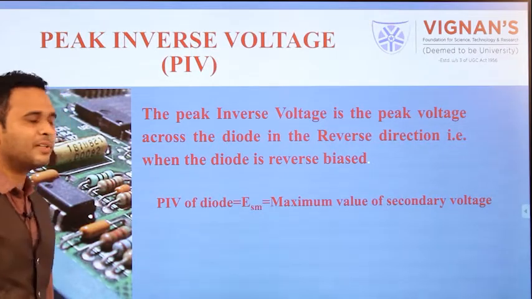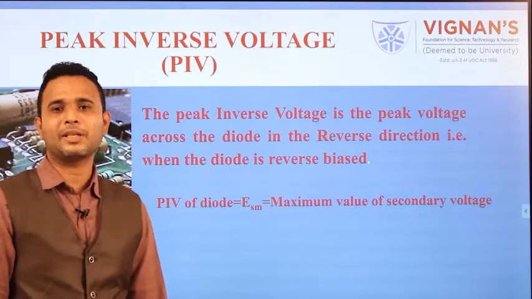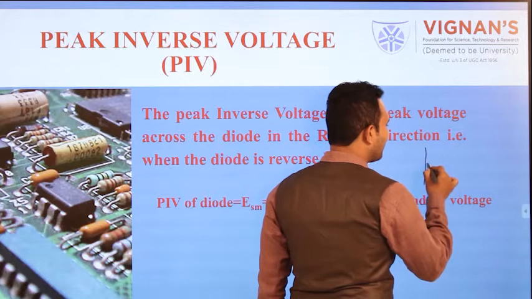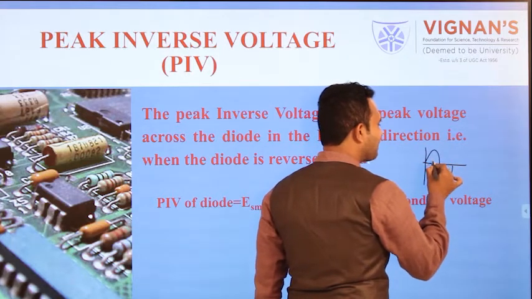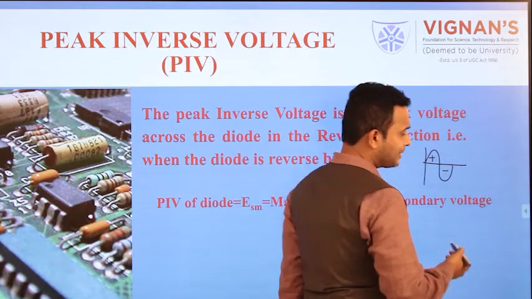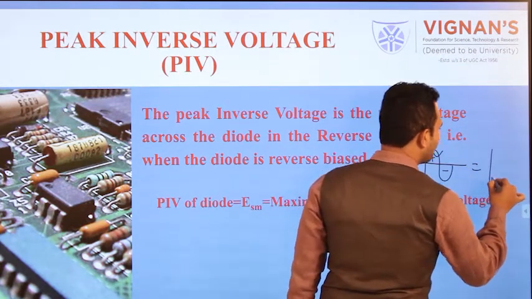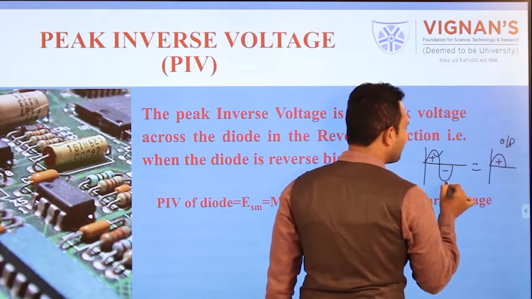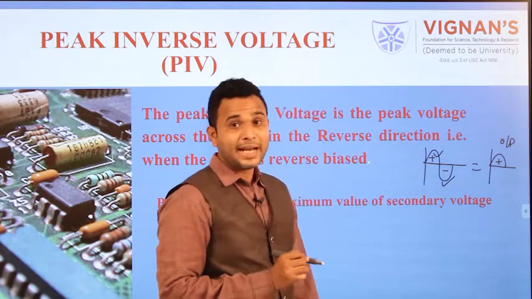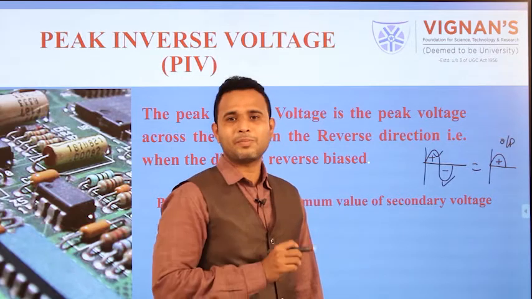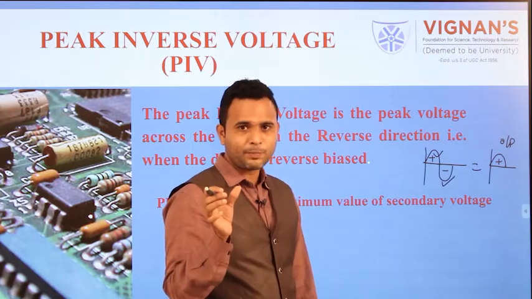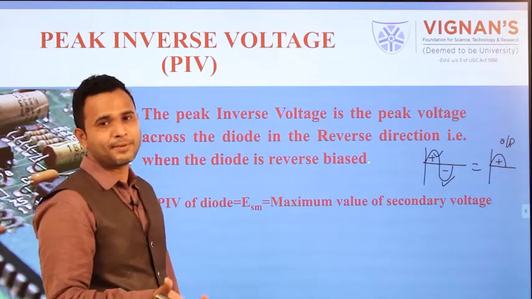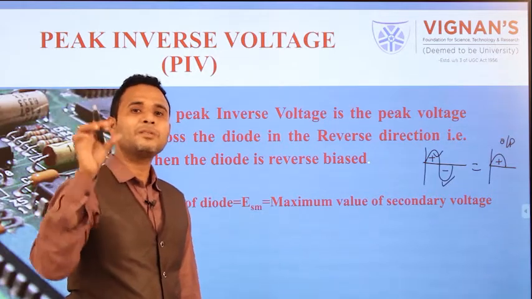Coming to the peak inverse voltage. What is meant by peak inverse voltage? At the input of the diode we have two pulses, one positive pulse and the second one a negative pulse. The positive pulse is coming at the output side. So what about this negative pulse? During this negative pulse, the diode is in reverse bias, meaning the diode withstands the whole negative pulse. How much negative voltage the diode can withstand is called the peak inverse voltage.